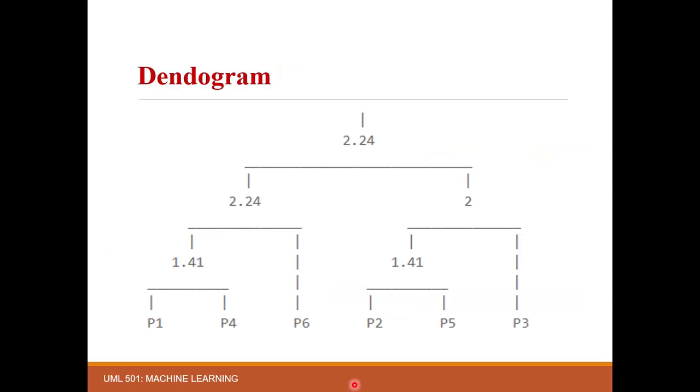So here the picture represents the final dendrogram corresponding to the HCC algorithm, as our stopping criteria is reached and we have merged all the clusters of data points into a single cluster named root. So here our algorithm stops, and this one is the final dendrogram corresponding to your data points.